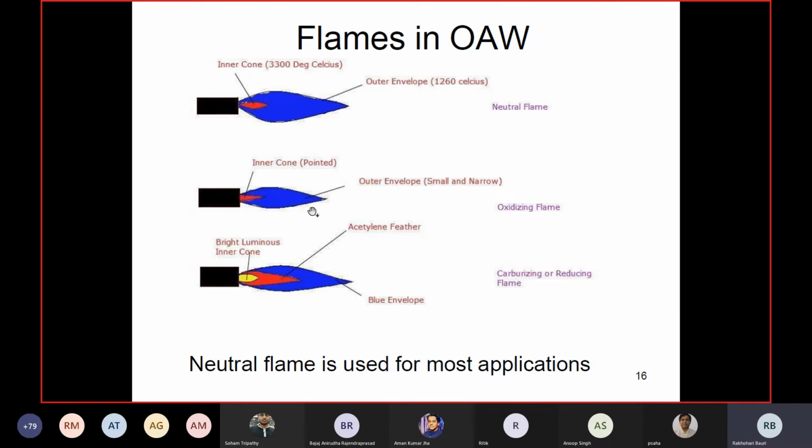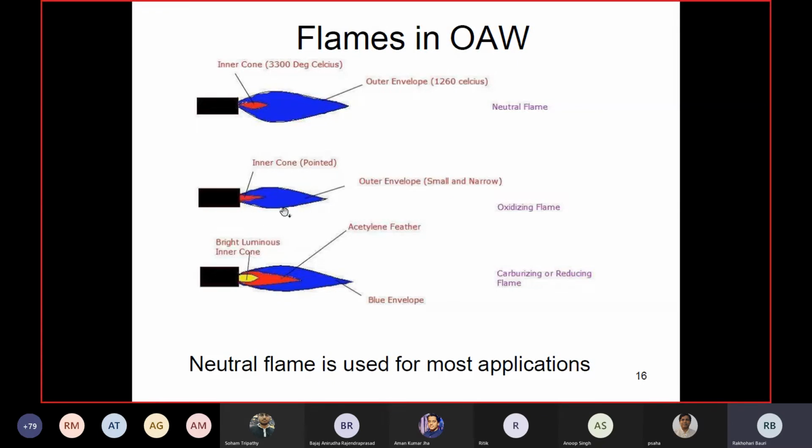But if you are supplying less oxygen, then complete combustion of acetylene will not take place. That flame is called the carburizing flame or reducing flame. But if you are supplying more oxygen compared to the neutral composition, then you will get an oxidizing